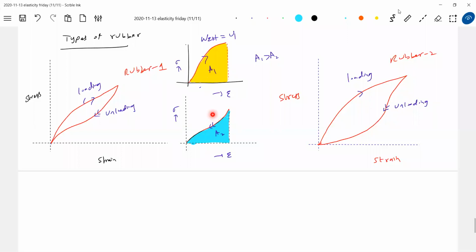A1 minus A2. So here what will happen? Energy U2 will not be fully available. It will be given out, but it will not give out totally. A part of the energy will be retained. So according to the graph, U2 is less than U1. Where did the remaining energy go? It will be absorbed by the material. During unloading, the body should return back the energy, but it will not return all of it.